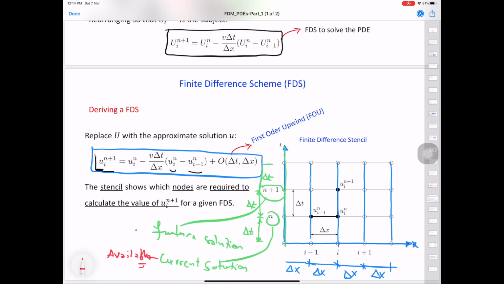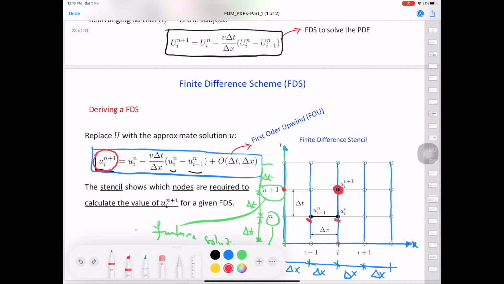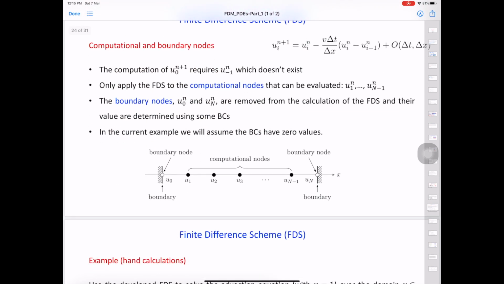So what we are looking for is actually u_i at n plus 1, which is the solution at position i in the future. So it will be this. We are looking for this. And the solution on this time and space point is dependent on the solution at the current time and at the same point, in addition to the solution at the current time but at the point just before i, which means step i minus 1. Okay, so now that we have the approximate solution given by this equation,